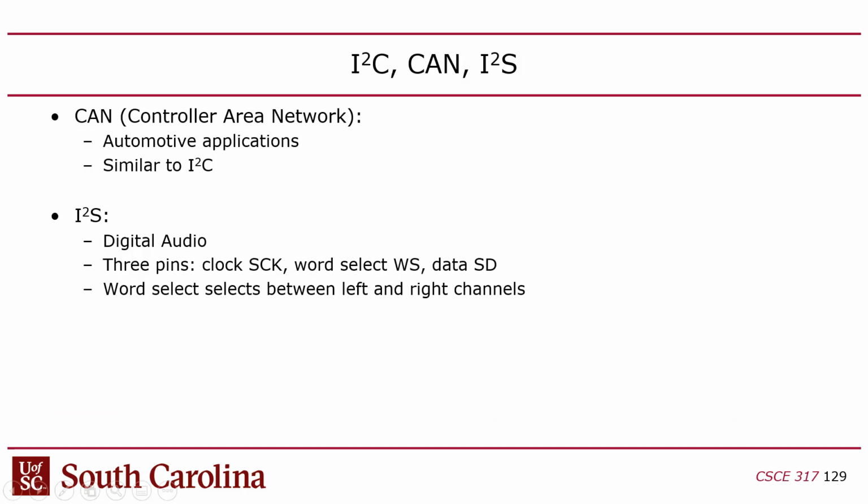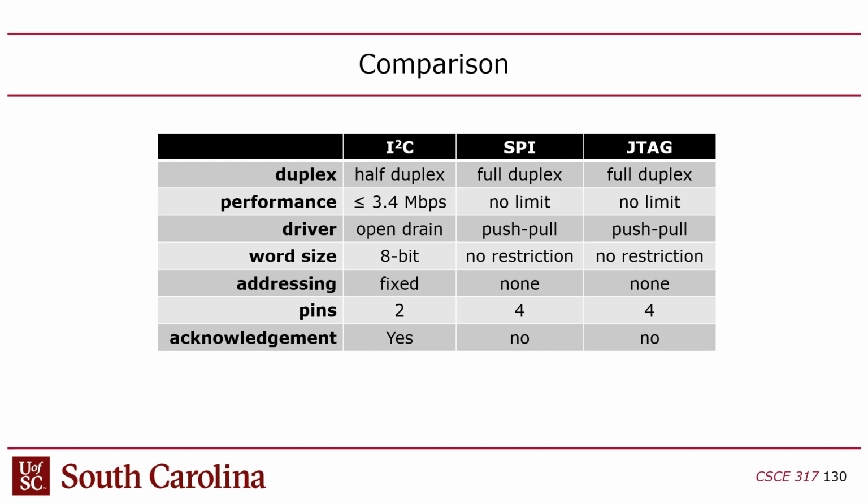There's a couple variations on some of these. Some of you might have heard of CAN, which is the Controller Area Network. That's the one used in vehicles. It's actually a variation on I2C. And then you might have heard of I2S, which is a digital audio protocol, which is also a variation on I2C. They're not identical. There are some differences, and I2S is 3 pins. The point is, there are other protocols built on top of I2C. And then finally, I just have a comparison slide between the 3 that we talked about: